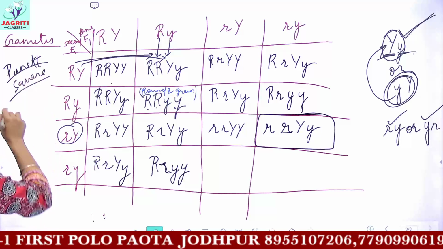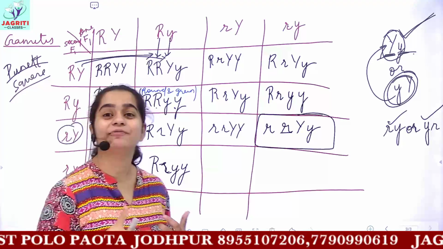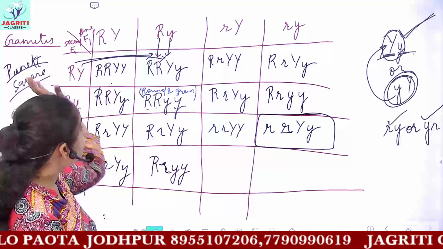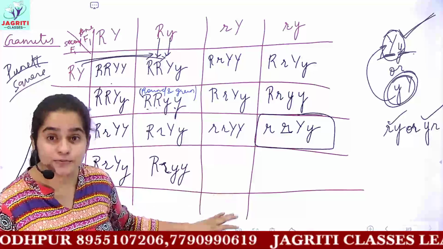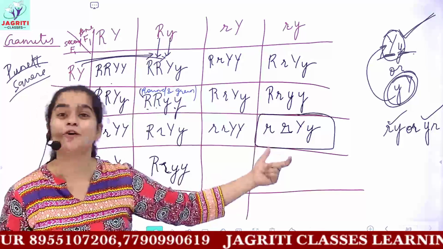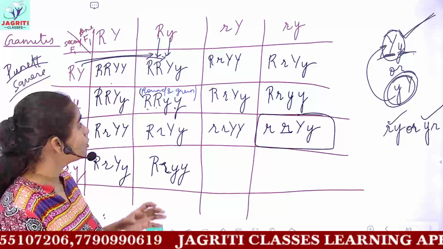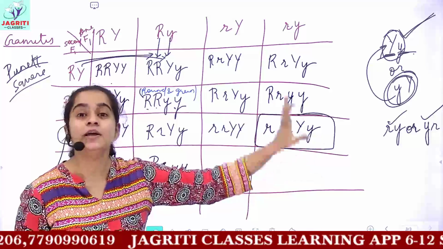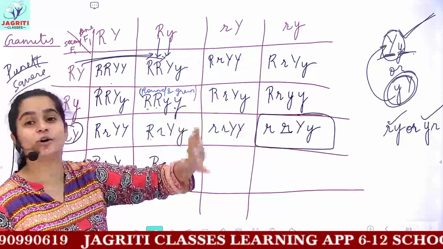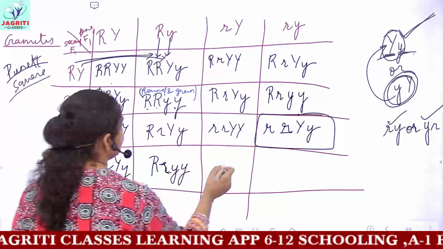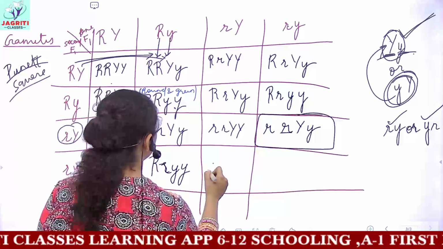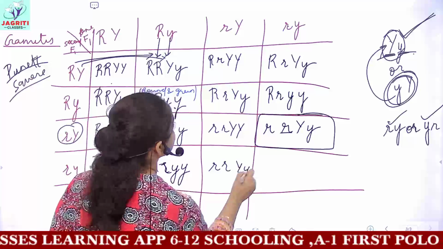And what do you mean by Punnett square if you are asked to define it? This gives you a tabular representation to find the genotypes of offsprings obtained as a result of a cross. And instead, you can also write, it gives you a graphical way of solving the genotypes of offsprings in the F2 generation, either for monohybrid or for dihybrid cross.